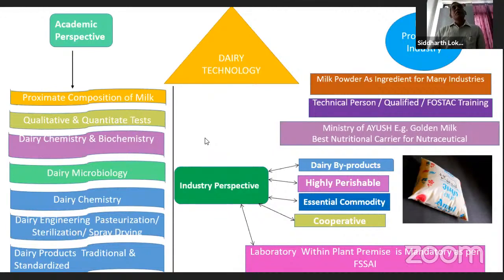government has also got some reports. One report on Rajya Sabha TV showed that a survey was conducted, and from that FSSAI got a result: the samples were mostly adulterated. The milk samples were adulterated. So they immediately took action in the form of enforcement, making a laboratory compulsory for each and every dairy business food business operator. So in the dairy business it is now mandatory. So being an academician, I should focus on the proximate part, qualitative and quantitative analysis of milk. Then see